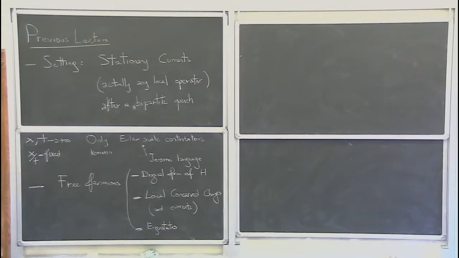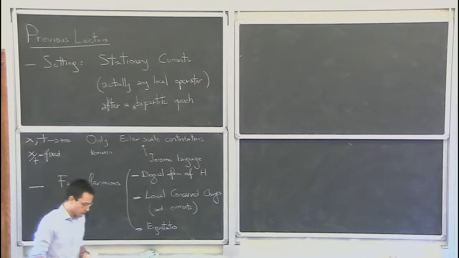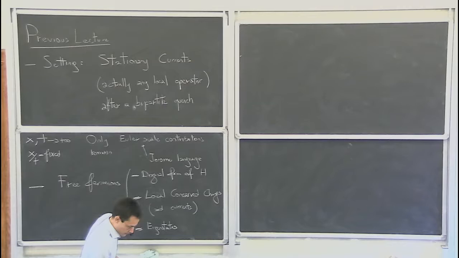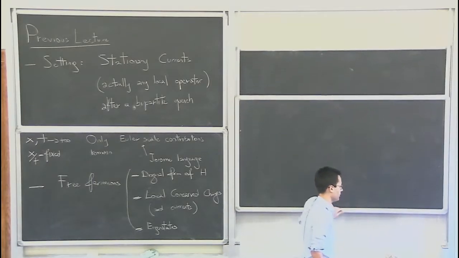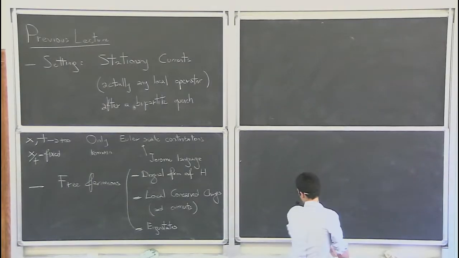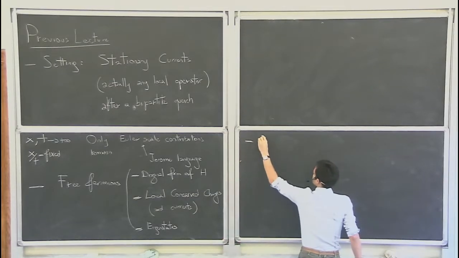We wrote down the local conserved charges, and we also wrote the eigenstates. So now let me start by building up the last ingredient for our work. Let me consider